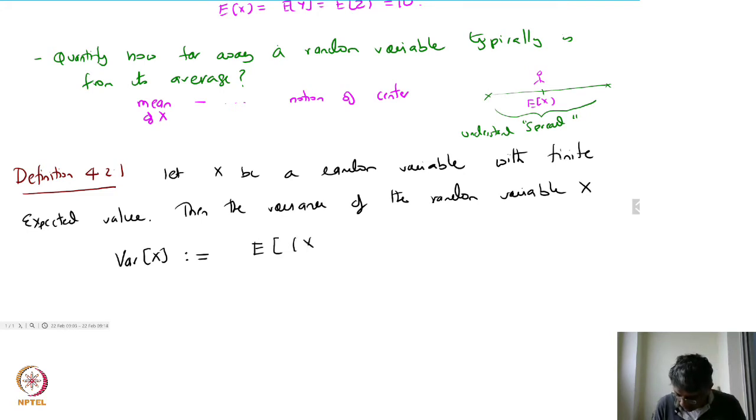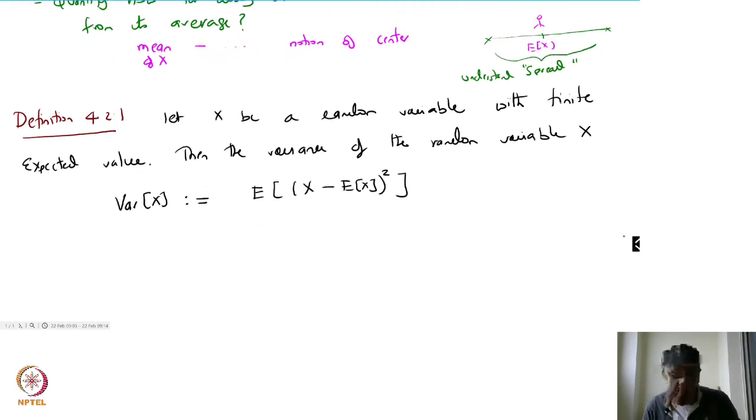You look at how x is and how far it is from E of x. Of course, this can be positive or negative, so to standardize it, you square it. That's the variance of x. And the other quantity is the standard deviation of x